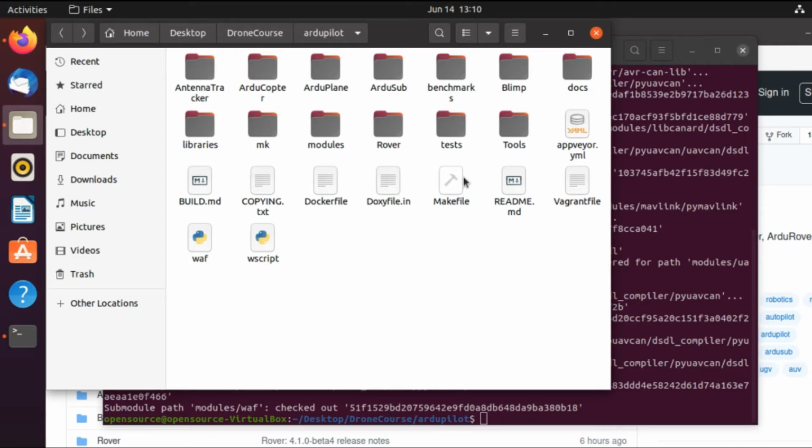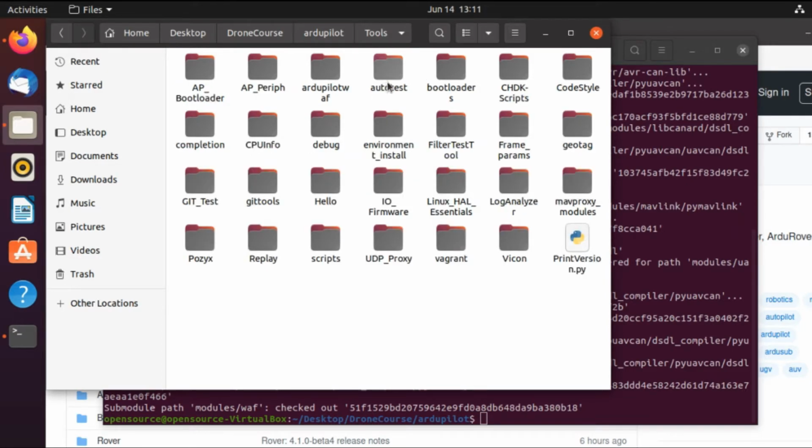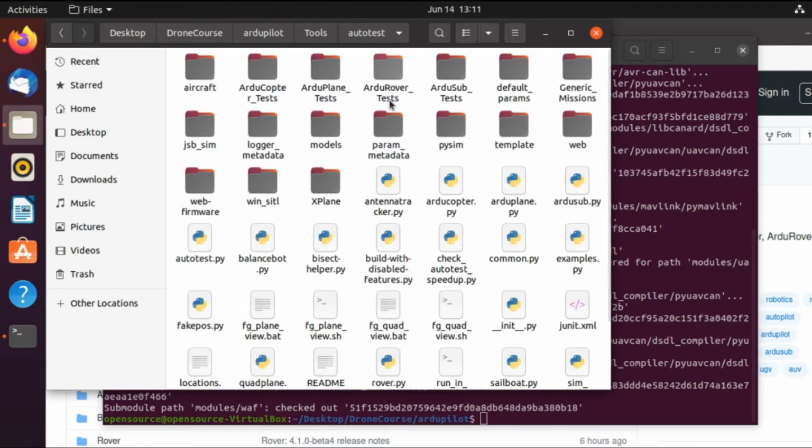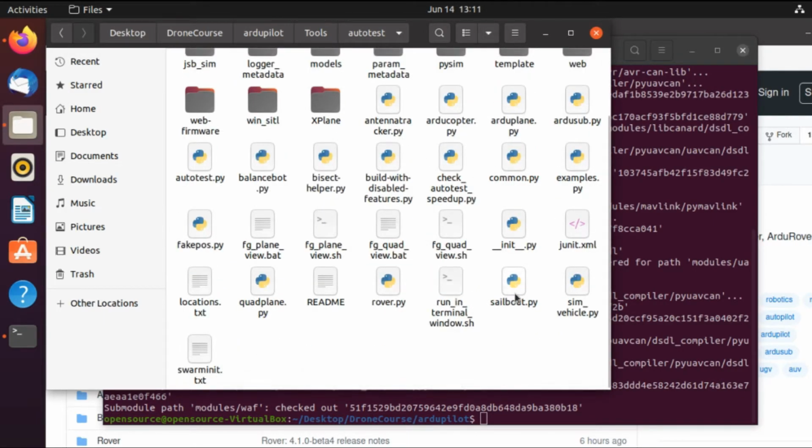And this folder right here, tools, is a very important folder or directory. It contains all the tools which we can use to do quite interesting things. So let's open it and then open the Autotest folder. Let's forget about all these files for now. We will discuss them in upcoming videos. For this video, we need to focus on the sim_vehicle.py file. So what is it? This is our CTL file. In order to run the CTL, we need to call this .py file, and let's see how it works.